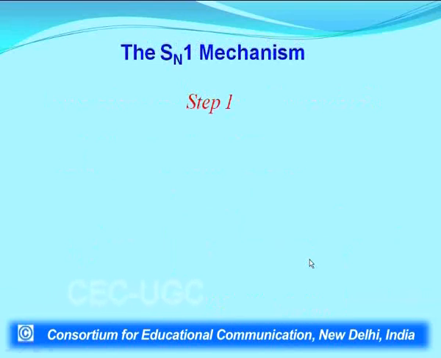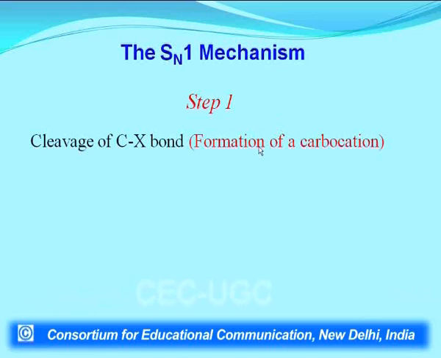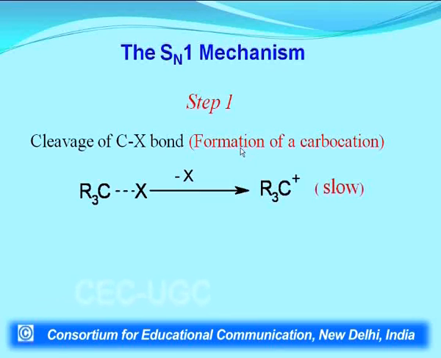Then the second mechanism that we have discussed is the SN1 mechanism. Here the reaction follows first order kinetics. The reaction proceeds in 2 steps. The first step involves the cleavage of the carbon halogen bond and carbocations are formed. The carbocations which are formed are sp2 hybridized and planar structures, and now the nucleophile can attack from any side